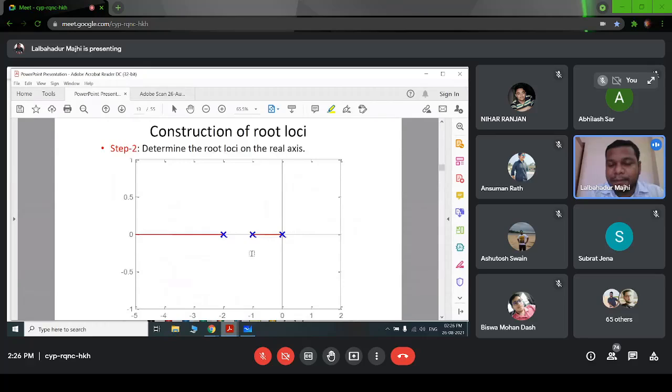Right? For example, suppose we calculated our breakaway points to be -0.5 and -1.2. Okay, so we have a second order system. Suppose we are getting two breakaway points, -0.5 and -1.2. So -0.5 will be our breakaway point because -0.5 is lying on the root locus, right? This red line, -0.5 will lie here, so that will be our breakaway point. -1.2 will not be our breakaway point because it is not lying on the root locus. Clear? We'll see in the example. Just remember this.